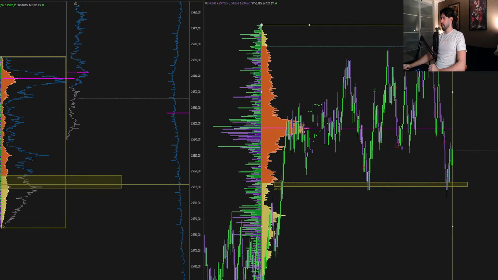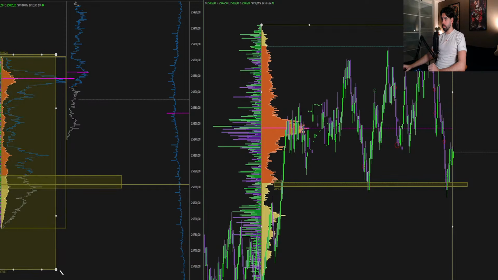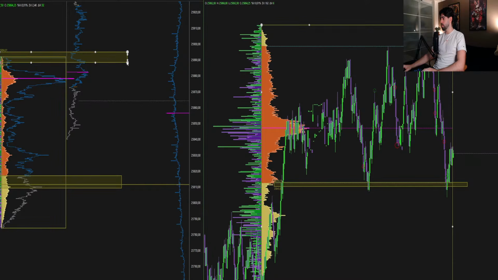I backtested 5 years of data, and I found out that if we are bullish and price opens up above this profile, if price comes back down into this profile, there's a 30% chance that this zone fails. So in other words, 70% chance that we will reach point of control. So I take a short from here to the point of control or value area low.